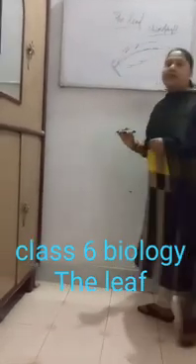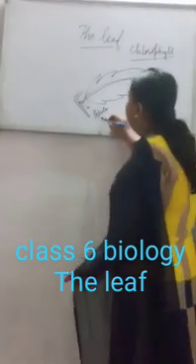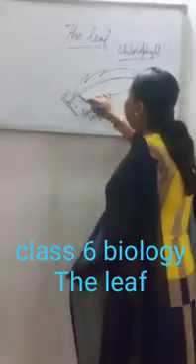Suppose this is a stem. Every stem contains an axil. Axil is a part from where the leaves arise. It always has a bud, a small baby plant. From the axil, the leaves extend. The part which joins the leaf and the axil, we call it the petiole, or we call it the leaf stalk. Then the leaf is a flat green structure which we call the lamina. Lamina is a flat green part.